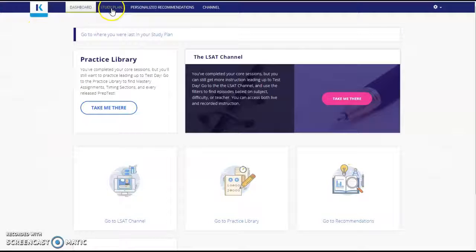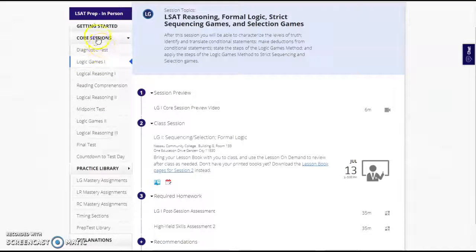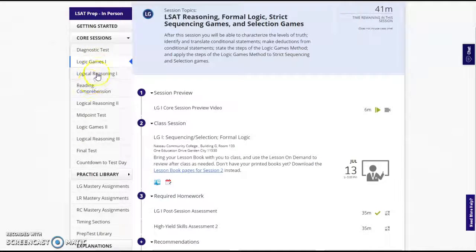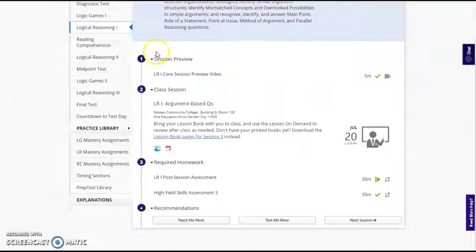All right, so the first thing is in your CapTest course, most of your material, the bulk of it, is going to be found under this tab, Study Plan. Now, on the left, we've got all the course sessions, right? The diagnostic tests, logic games, et cetera. All right, so supposing we've completed this particular session here, logical reasoning, what you're going to have